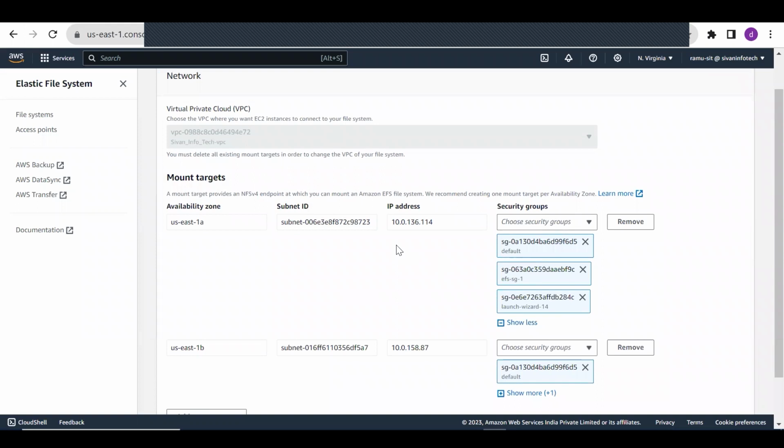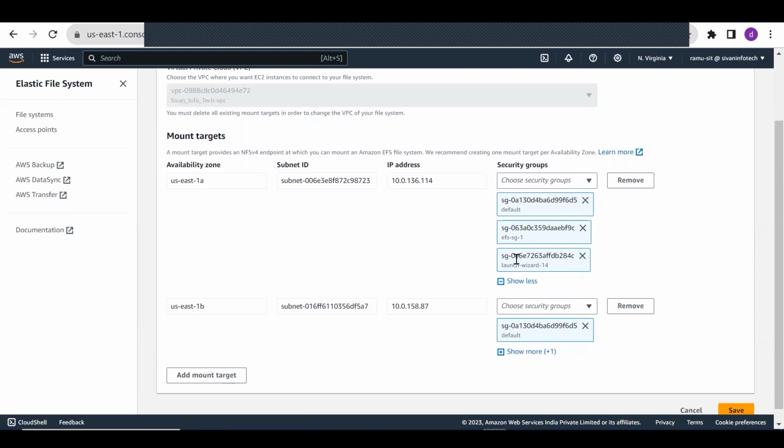This is the IP address. You are not allowing it publicly all the way, only specific IPs. This is the mount point. Where are you allowing this? The server. Okay, got it. We are going to allow the server. We added the security group launch wizard 14 here. Then we can connect or not. You have cleared this, huh?